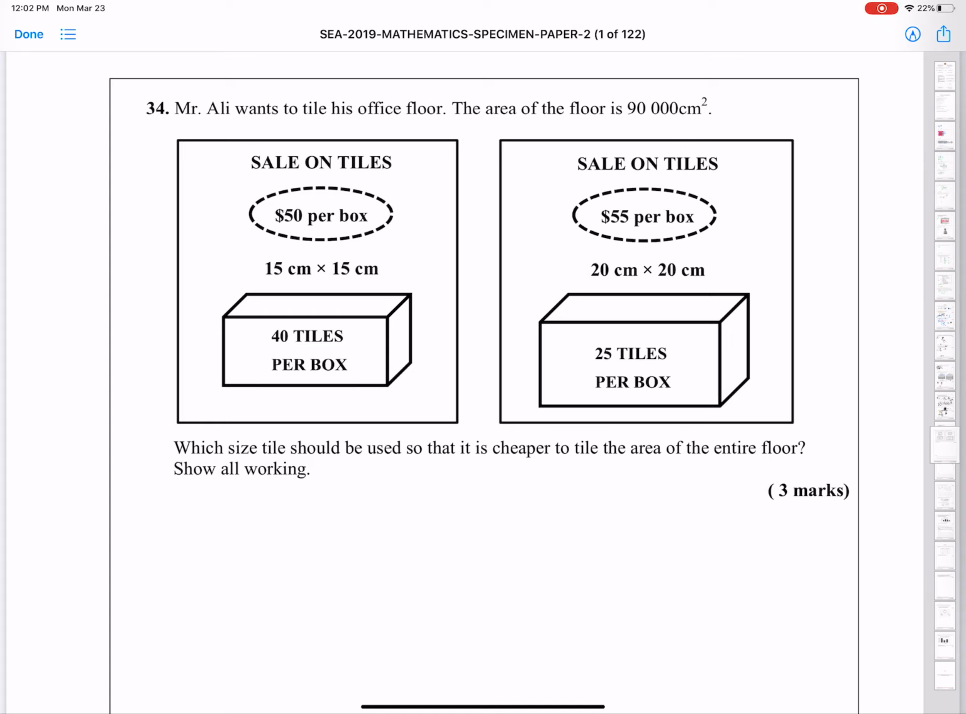90,000 square centimeters. That's the area of the floor. We'll call the left side A. The right side, we'll call that B. Right? So let's find out the area of a tile. 15 times 15. How much is 15 times 15? We're supposed to know that mentally. 15 times 15 is 225. So area of the tile